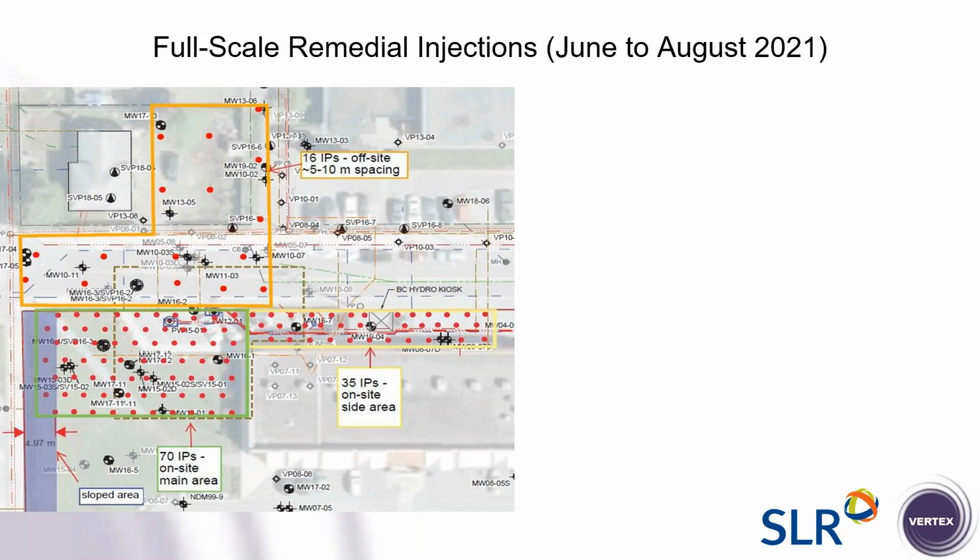And the intent was not to remediate off-site. It was just to apply some remedial amendment to improve conditions generally over time. And on-site as well, just to remind you, the goal was not to actually completely remediate the site. It was to reduce concentrations to the point that they could delist it as a high-risk site and facilitate a